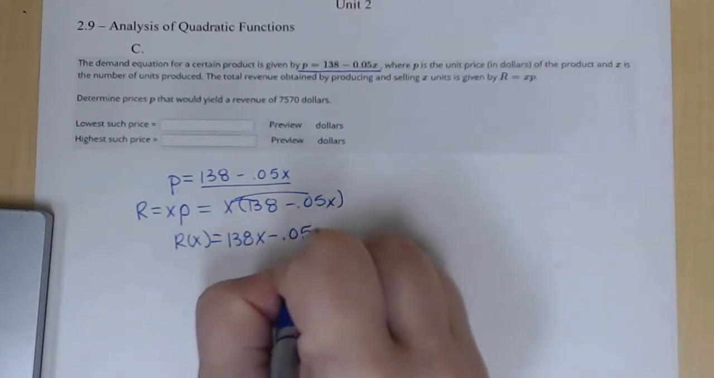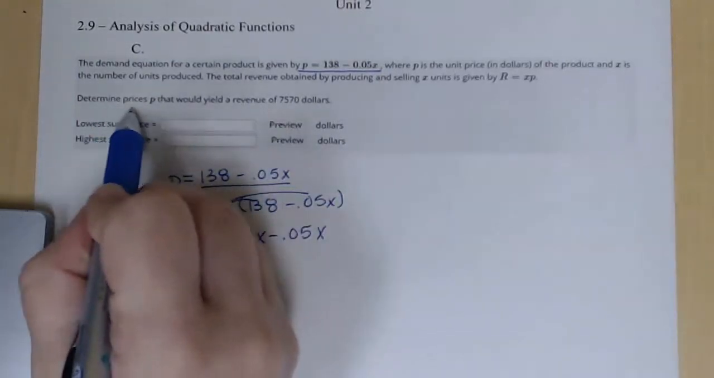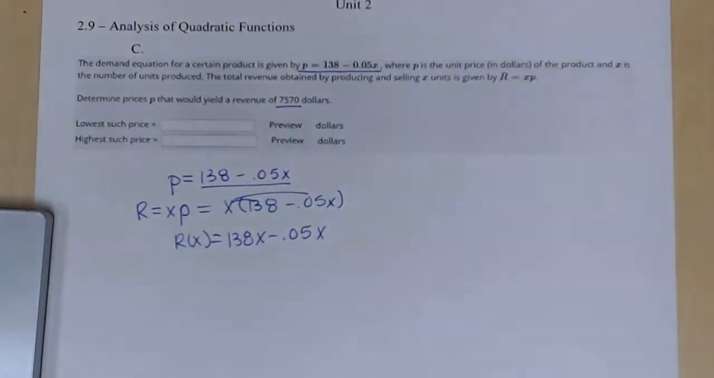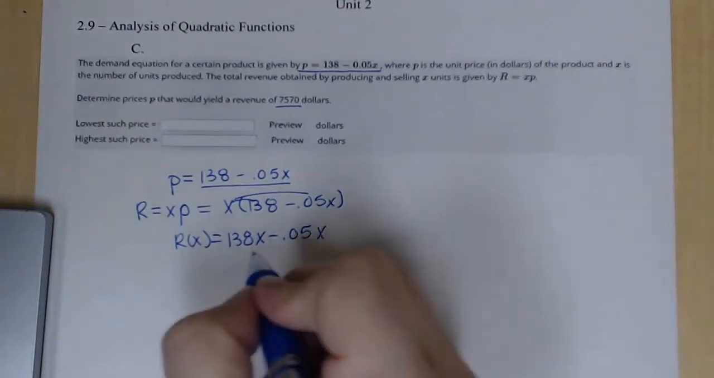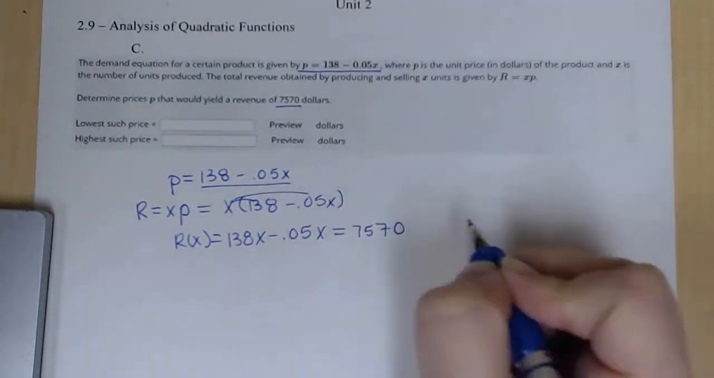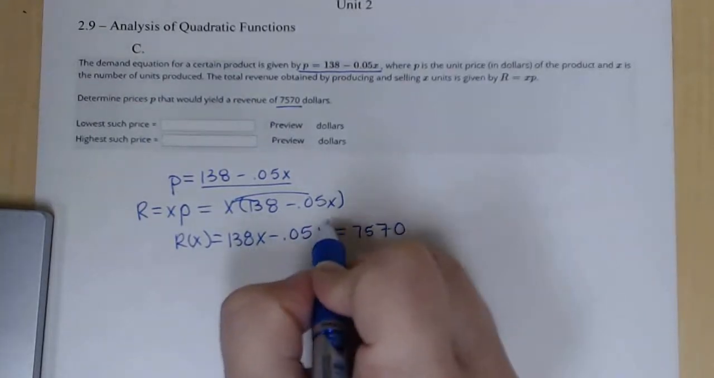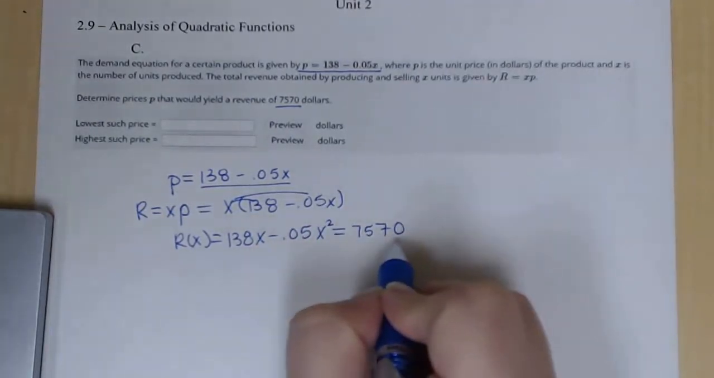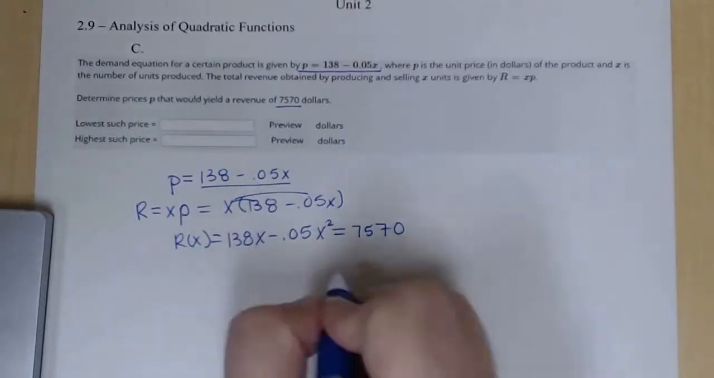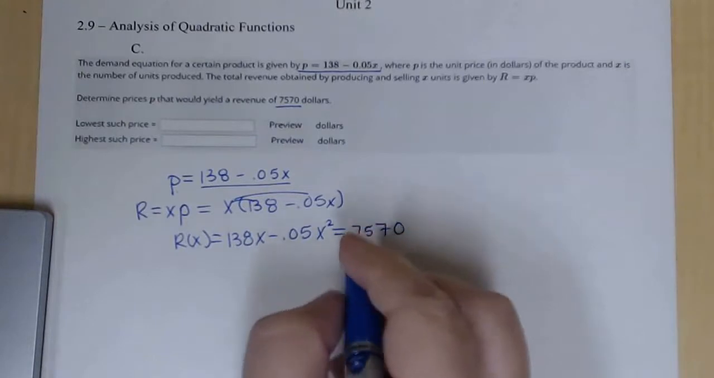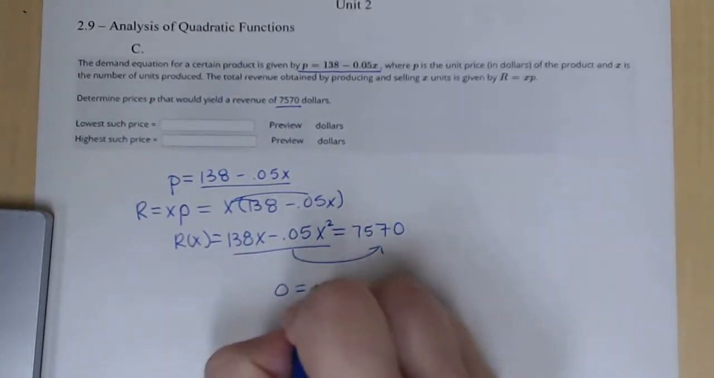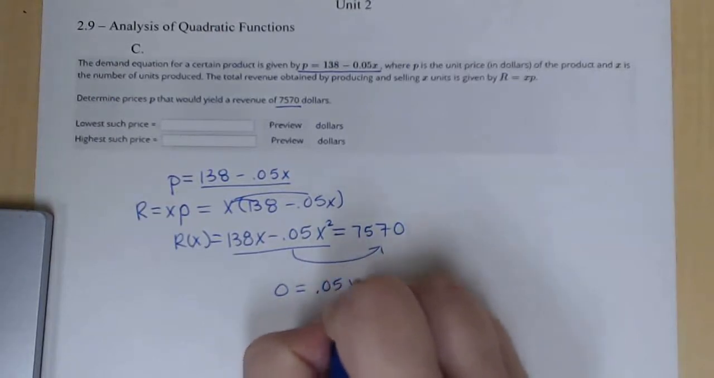138x minus 0.05x squared. Determine the prices P that will yield a revenue of $7,570. So I want my revenue equation to be equal to 7,570. Sorry, that should have been a squared. And so I'm going to solve this out. Whenever you're solving for a quadratic, you want to get everything over to one side and set it equal to 0. So I'm going to move these two pieces over here, so I get 0 equal to positive 0.05x squared